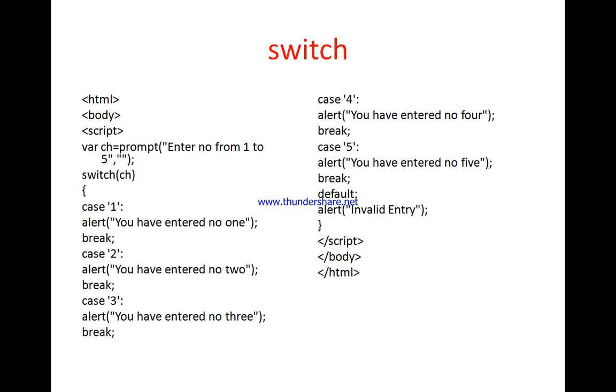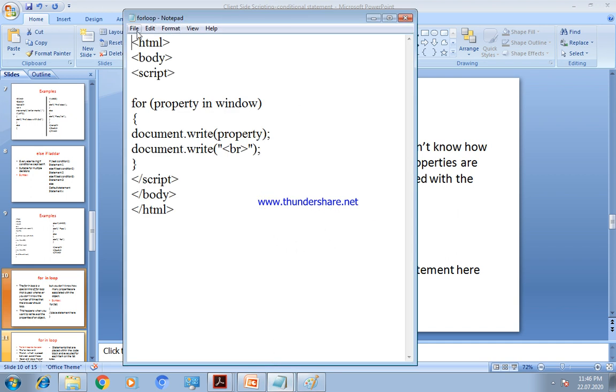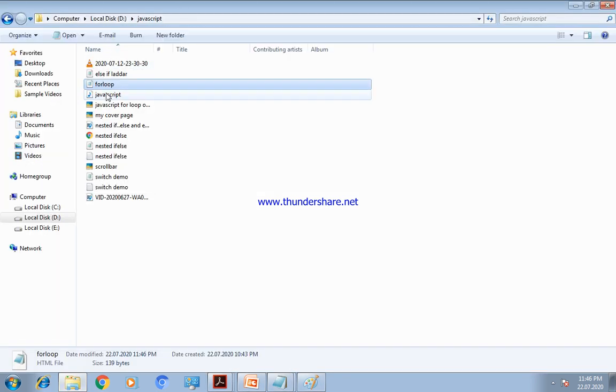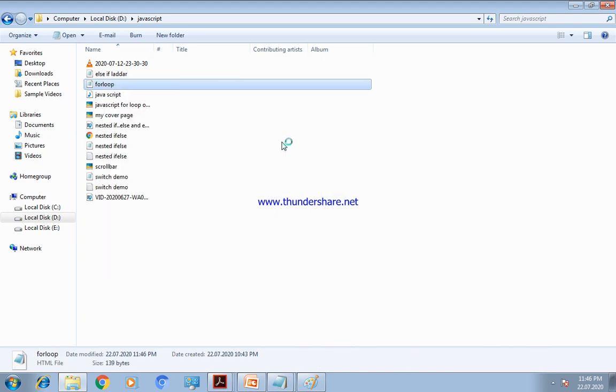Okay, so I hope that you have understood this example. So let us run this program. We have written the program of switch as well as a for loop. So this is a for loop program. If we run this for loop program, let us see what the output will be. So open with for loop, open with web browser. Always remember, a JavaScript program should be saved with the HTML extension. It is taking a little bit of time, but it will definitely be executed.